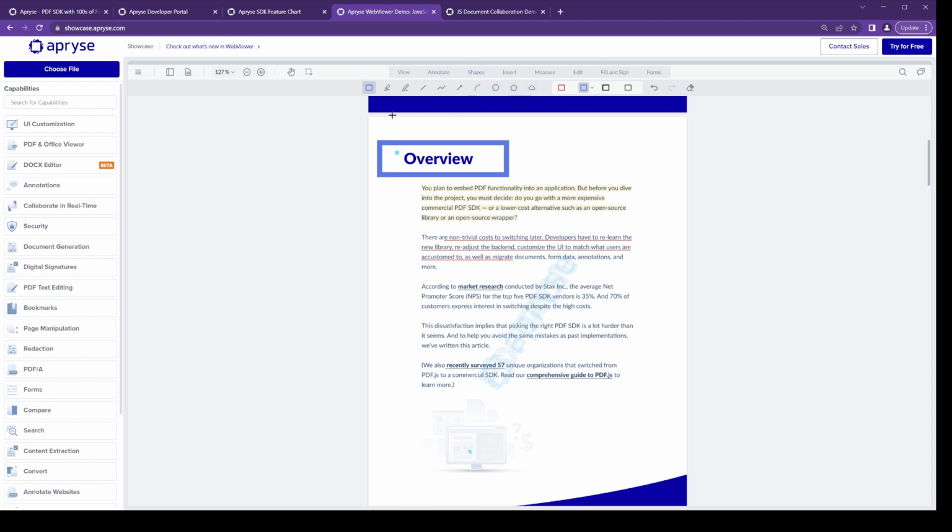We also have support for things like multi-line tools, more advanced tools like stamps from images, signatures, approval rejection stamps, things like that, as well as measurement tools. And the ability to build new forms into the document as well. But without going into all of that, let's just focus first and foremost on the annotation,